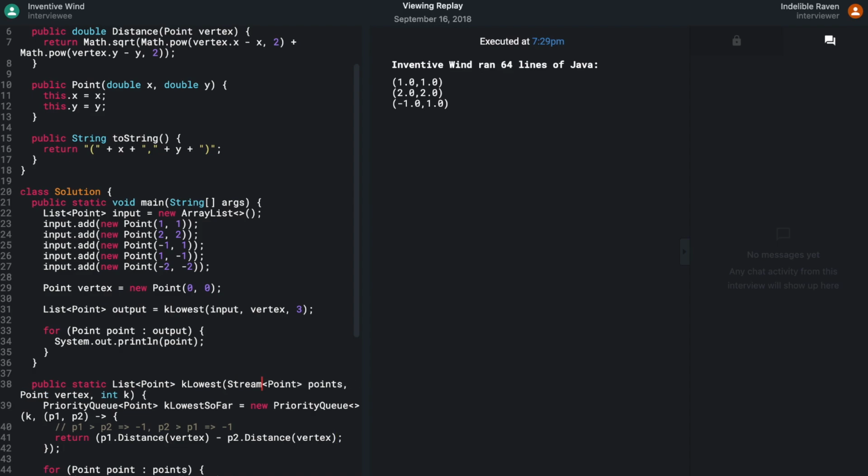The trick to it is the data stream will never end. It will have an infinite number of points. How do we adjust to return the k closest? So it always starts at the beginning, but